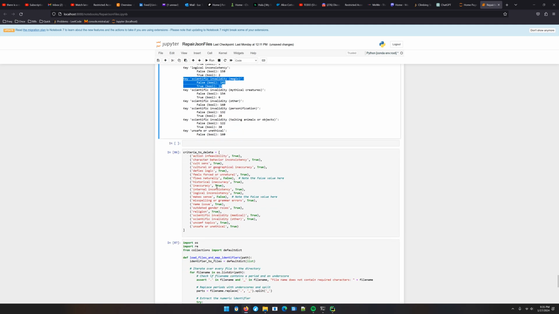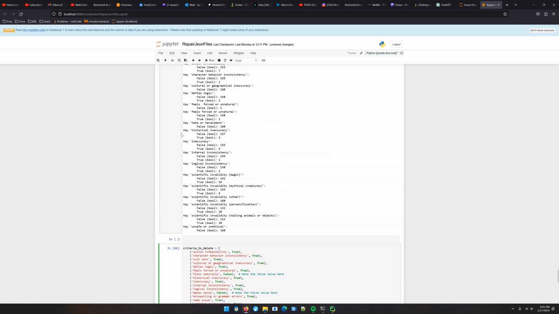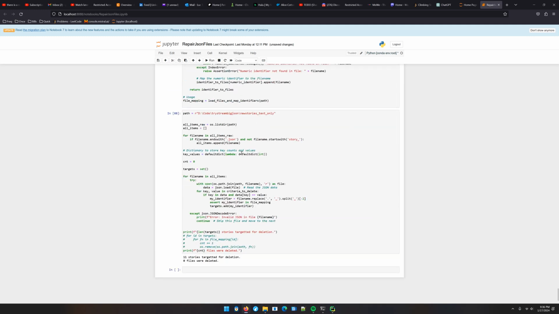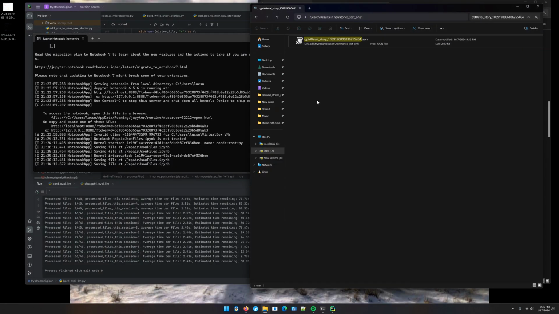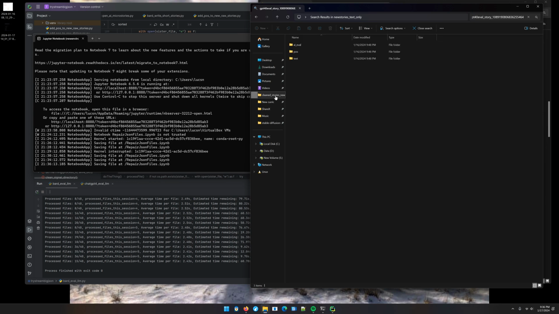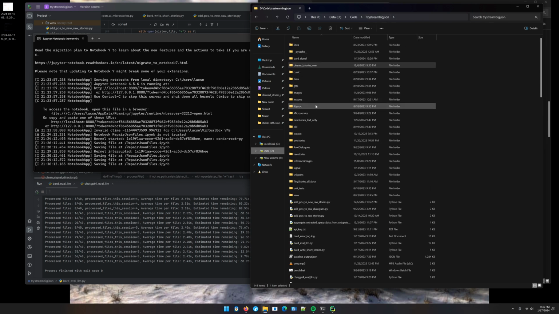These are, yeah, I think I just did the other. Oh, and there's scientific invalidity, medical. Mistral randomly inserted that once, and I just said, you know what, if there's something medically wrong, we'll just delete that story. That's why I had it print these, because they'll just sometimes randomly add new keys. So it's got a mind of its own. So in the end, 11 of our 40 stories were deleted. So that's fun. So we have new clean stories.